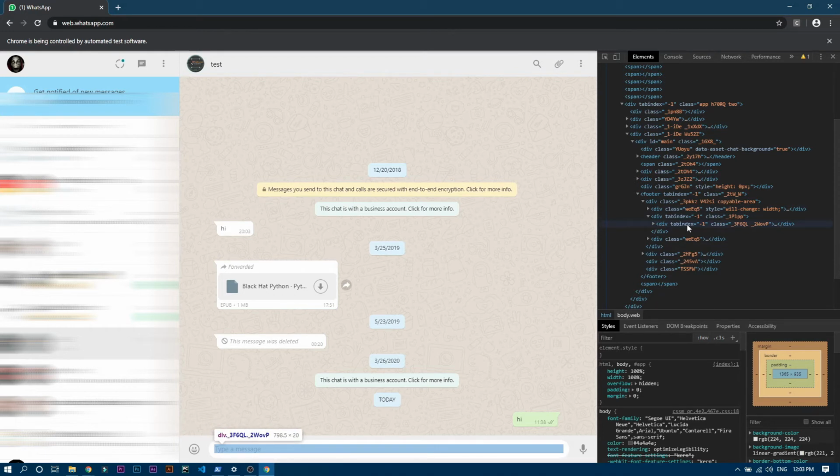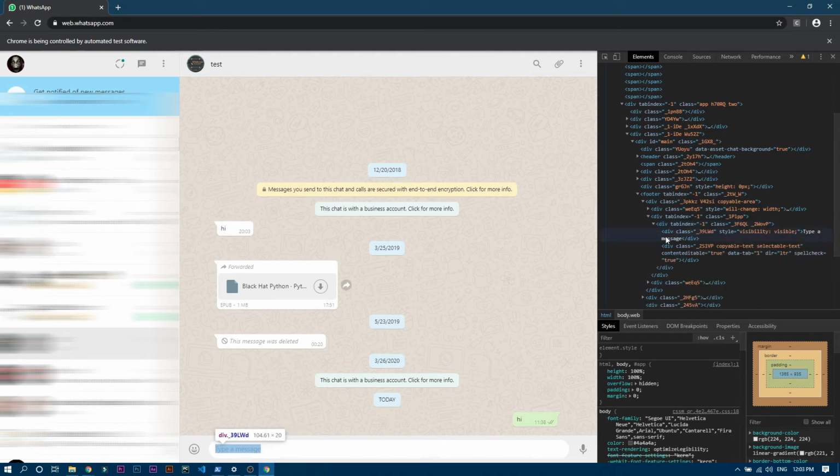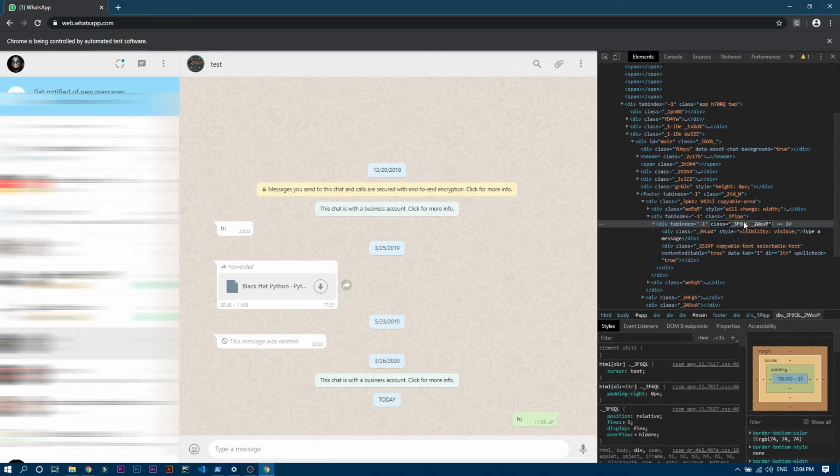Great. So this is the actual div where we will type everything, and this has a class _3af6ql, whatever that is. Let me open this one and see. And yeah, it is the section which we wanted, so we have to write the message over here. So this is the class of the section, right? So we will just click on it and copy this class. Let me minimize this.